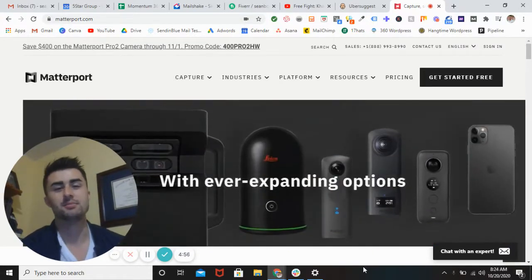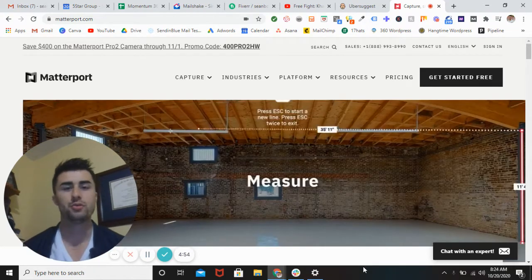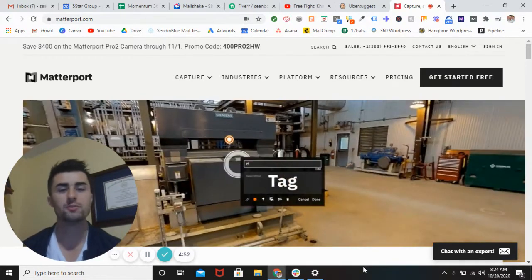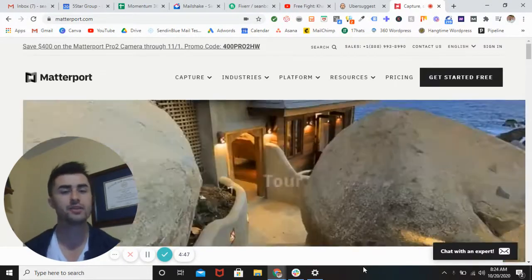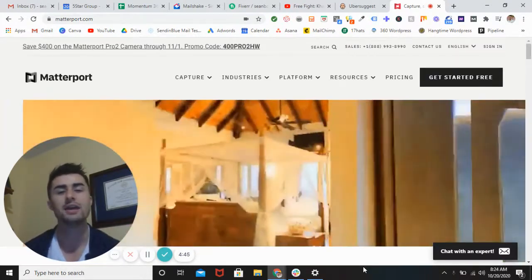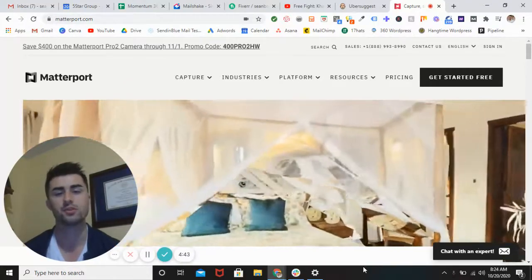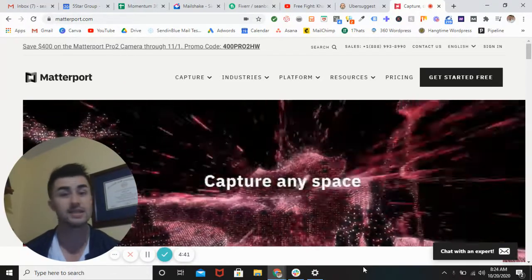It's Sean with Momentum. So, when you're first getting into the AR, VR community, I know there can be some confusion of what exactly are the differences between the two. Obviously, we're talking about augmented reality and virtual reality. So, I kind of just wanted to talk about the differences and give you guys an example of both so